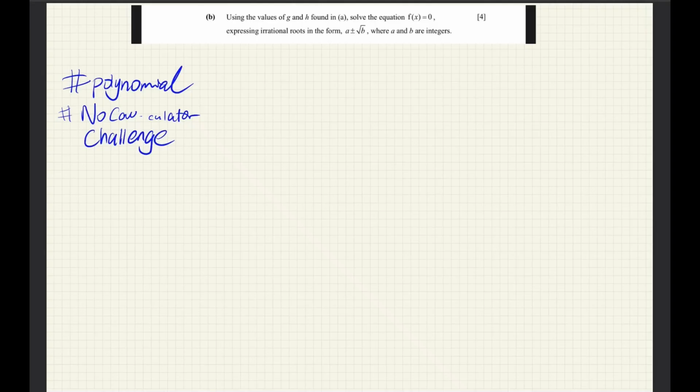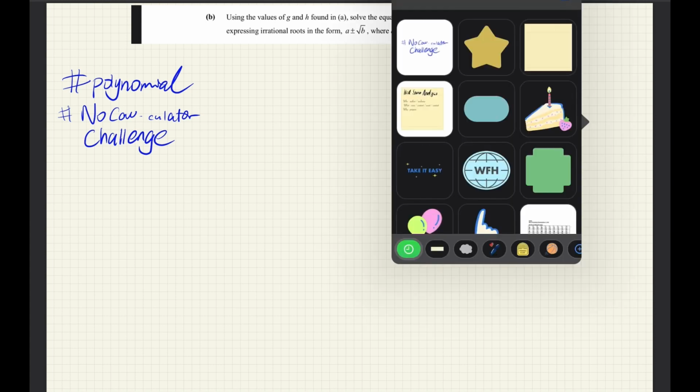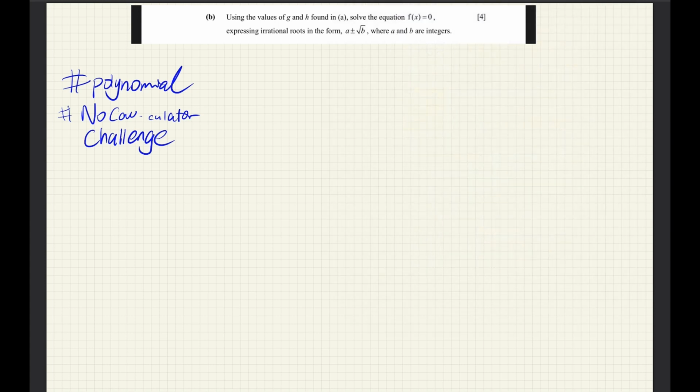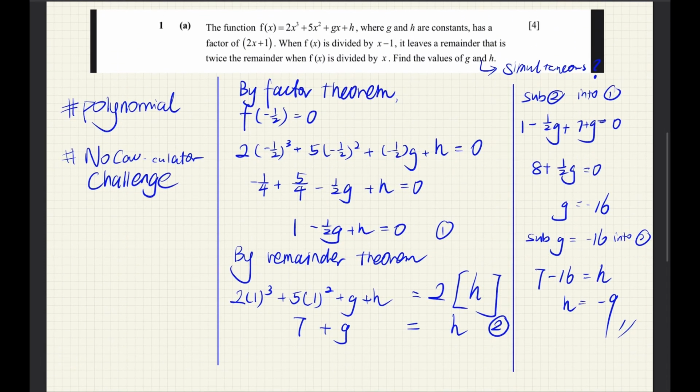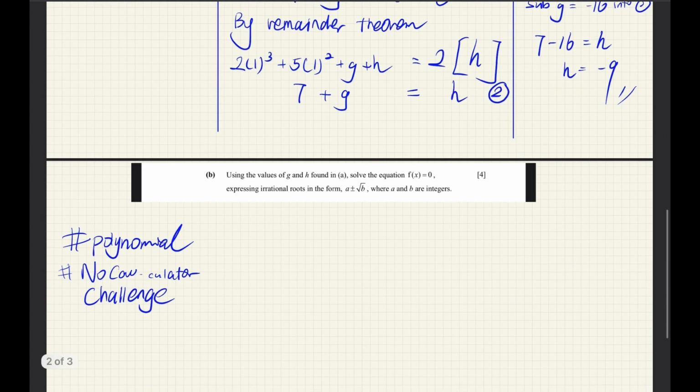Alright, this video is in continuation with the previous question here. The question states: use the values of g and h found in part A, solve the equation whereby f(x) equals 0. Okay, maybe let's tidy things up a little bit here first. So now our equation should be